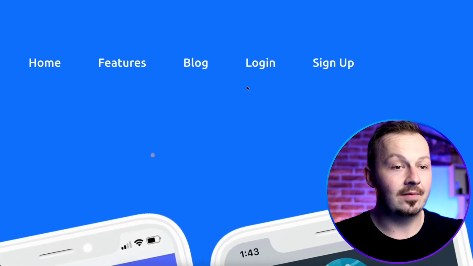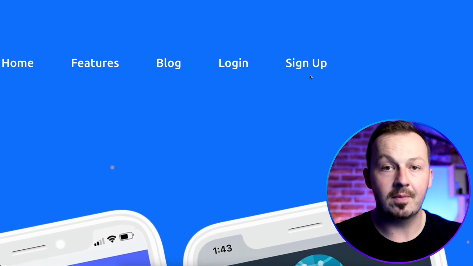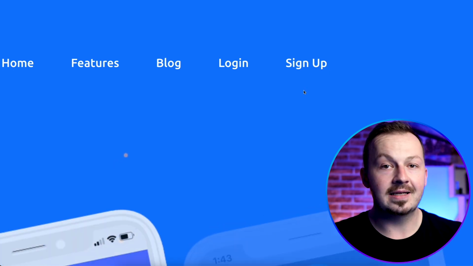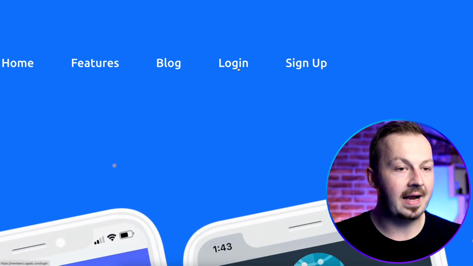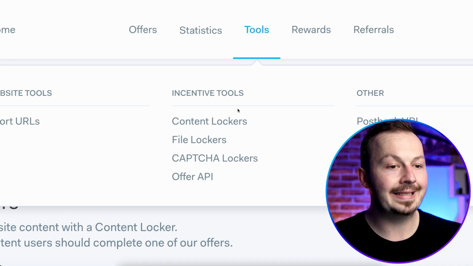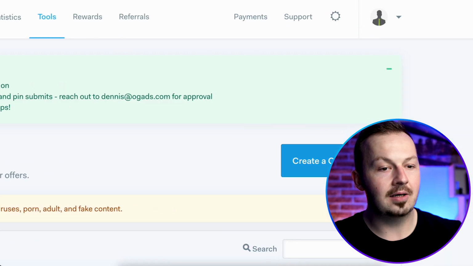Just go to OGAds, and sign up for your free account. Just simply fill in a bunch of personal information with a valid reason why you want to work with OGAds, and once your account gets approved, just simply log right into it. Then just go to this tools section right here, and click create a content locker. Just click this field right here, then go to content locker creator, and what you want to do here